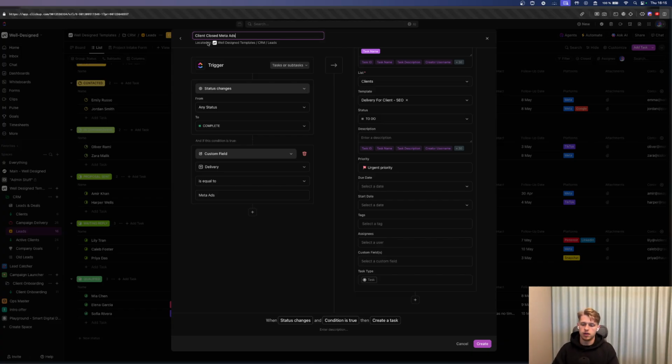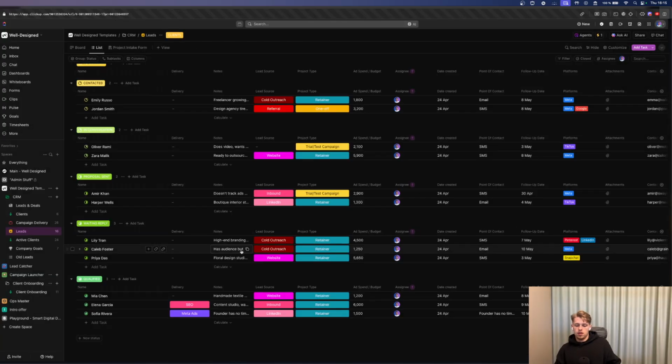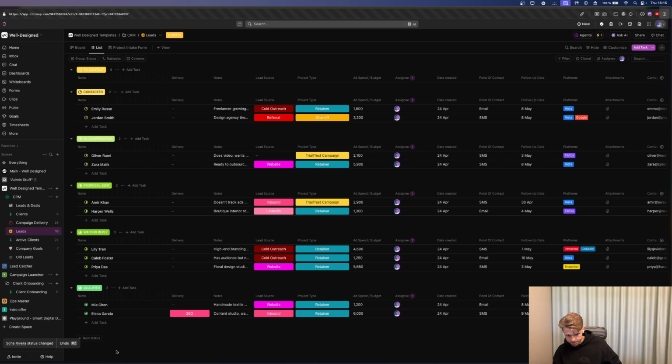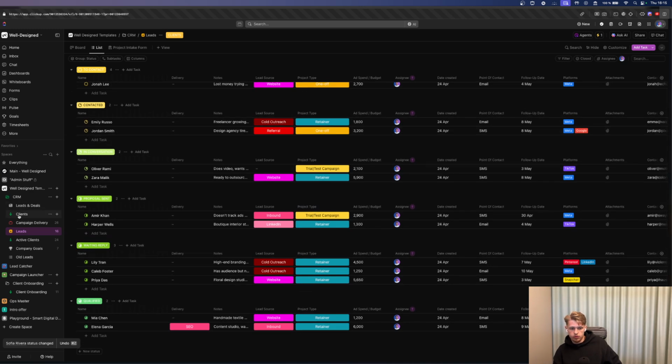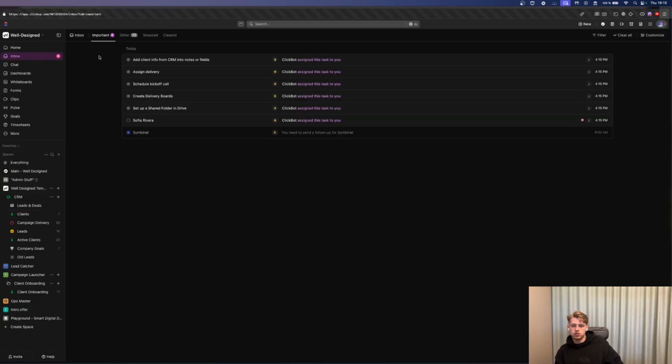Hopefully it should work now, because this will be duplicated of course. Create. Now if I move this to complete, hopefully if I'm not duplicating the wrong thing, it should add the client in here called Sophia. I also get notified in the inbox like this, as you can see. This task was assigned to you,